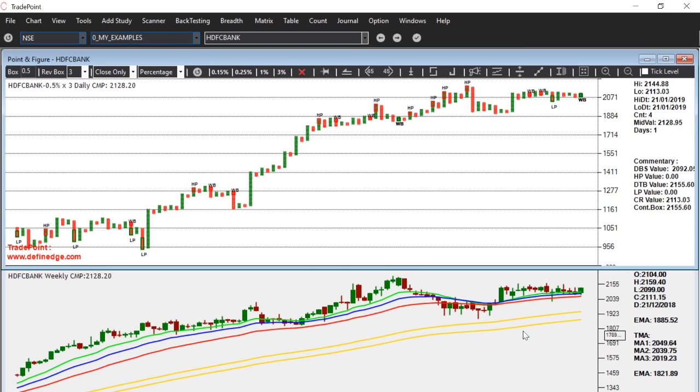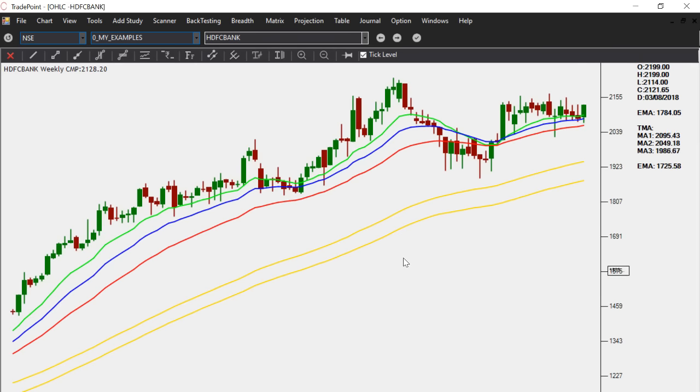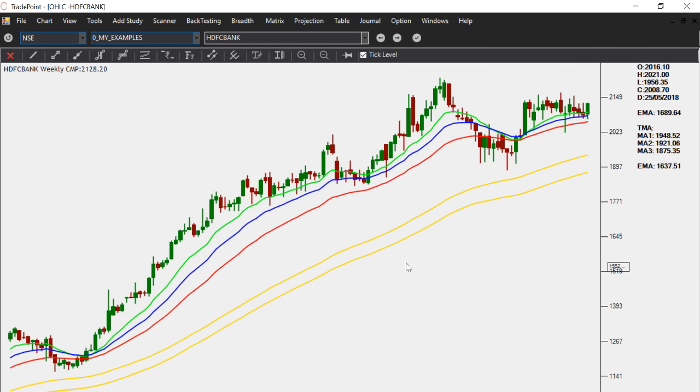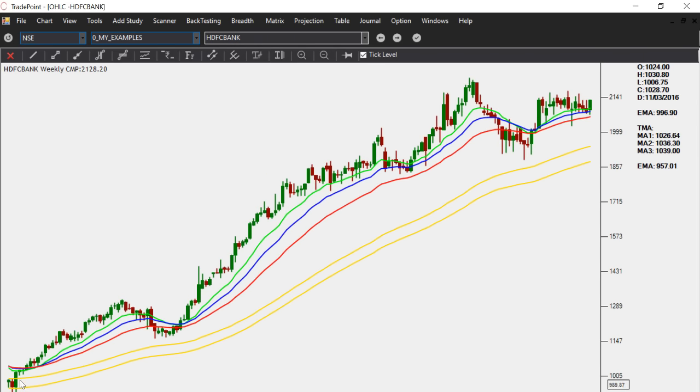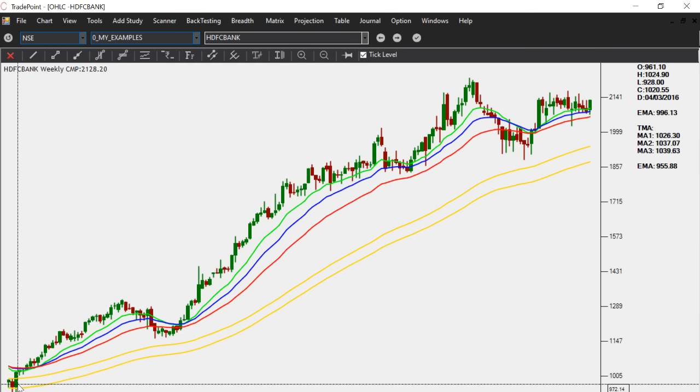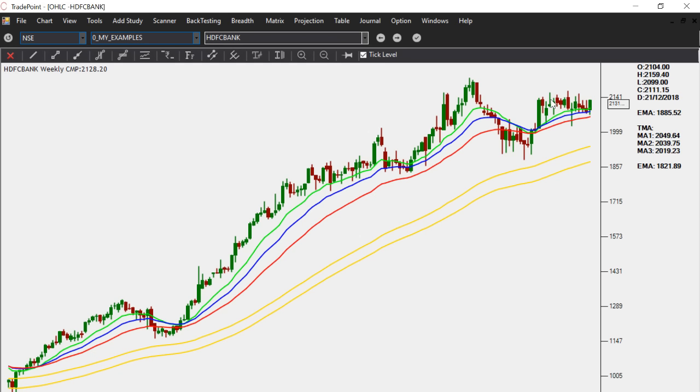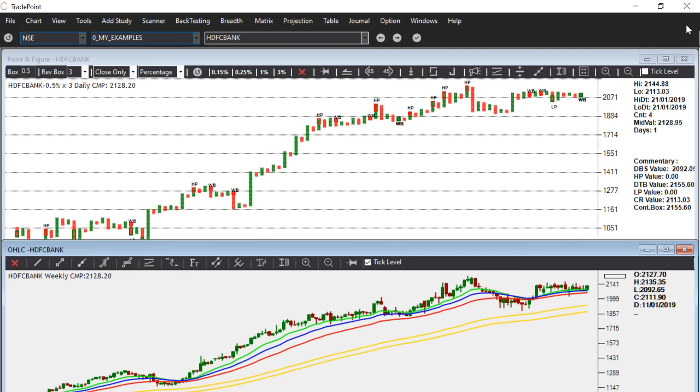HDFC Bank again, this is one of the outperformers in Nifty Bank. We see a major trend, since the stock has been trading from the 1000 price levels. Still, it has not shown any bearish sign. We can see the moving averages are still aligned, and this is a weekly chart. A weekly chart gives a much better picture of the trend, and we can trade the trend in a smaller